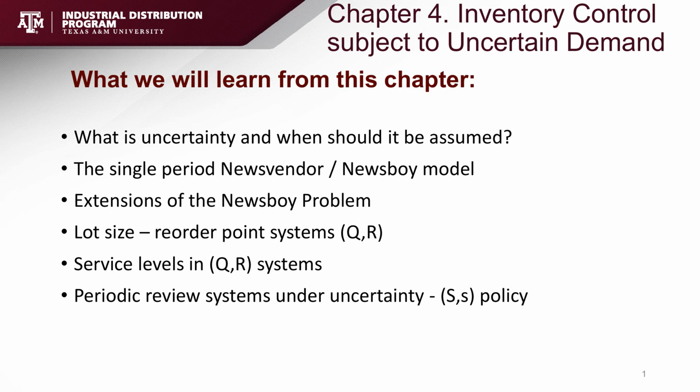All right, welcome back to IDIS 343. Up to now, we've been in the EOQ world, where demand was known and steady. Now we will basically assume demand is a random variable. Here's the plan. We'll start with what uncertainty even means, then the single period newsvendor model plus a couple of extensions, then lot size reorder point systems, the Ch4 systems, service levels inside those, and well, periodic review SS